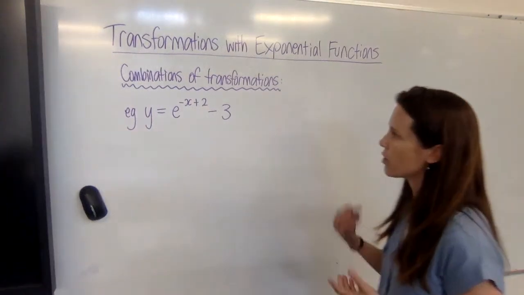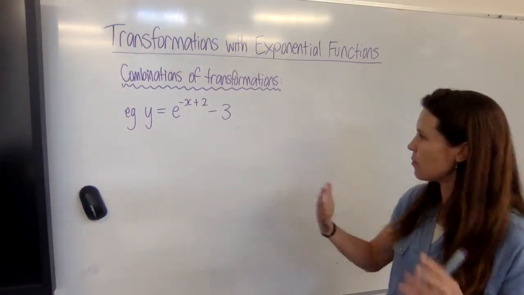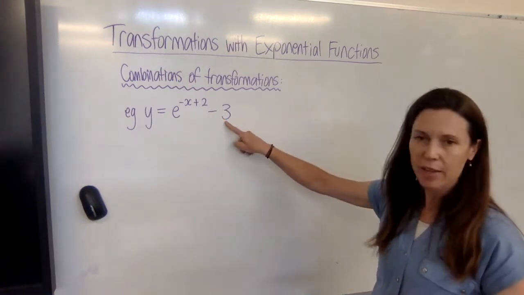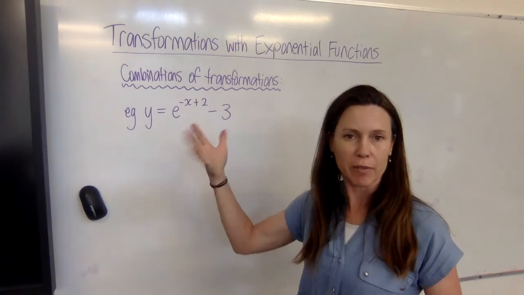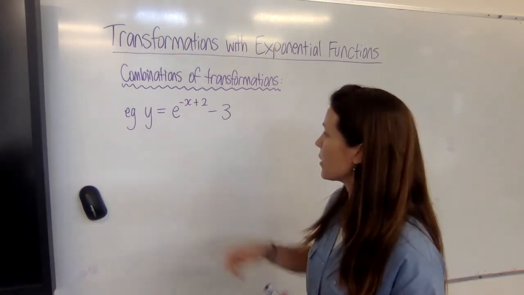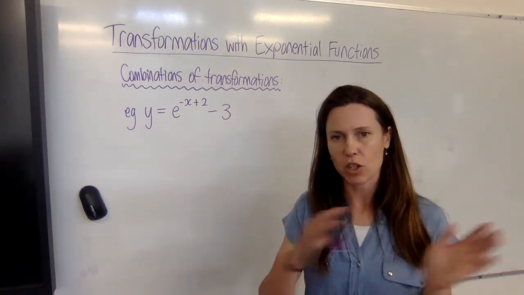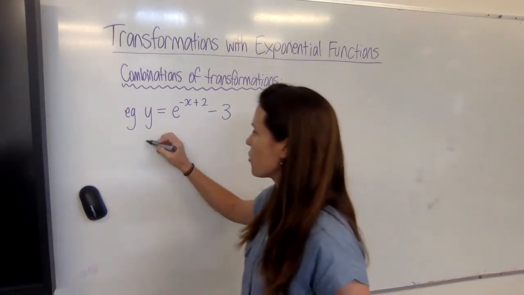Let's have a look at another tricky one that's got a combination. Now it's tempting to look at this and think we've moved down 3, we've moved to the left 2, and we've flipped it left to right. But we need to be really careful here because the actual definition of shifting left and right says that you need to replace